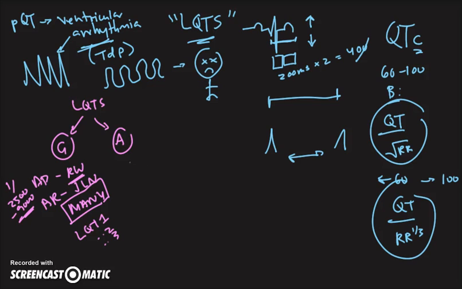The acquired causes, I've tried to think, come from three things: cardiac reasons, electrolyte reasons, and drugs. The cardiac reasons could be an MI, rheumatic fever, cardiomyopathy, third-degree heart block can do that. Electrolytes are hypocalcemia,